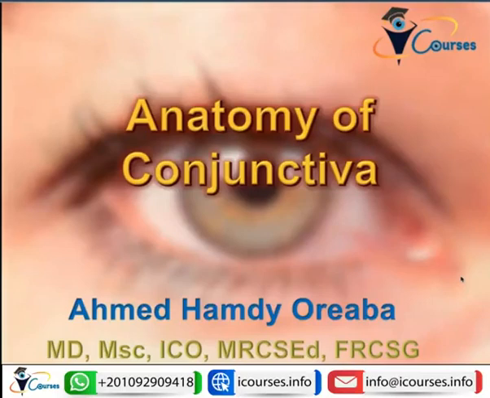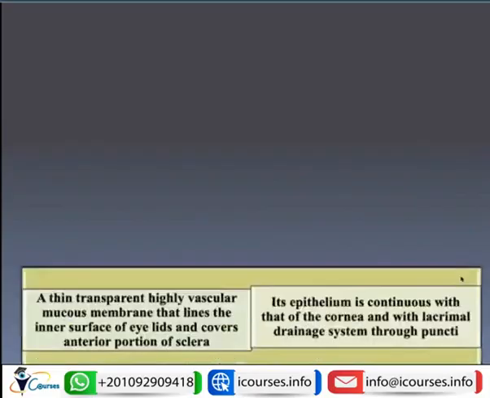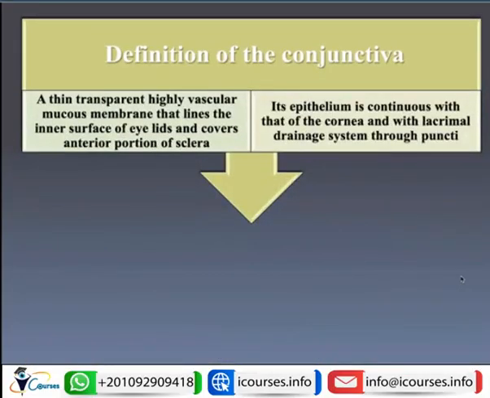Okay, so we will continue the conjunctiva. So let's discuss now the anatomy of the conjunctiva. What is the conjunctiva? The conjunctiva is a thin transparent membrane that encloses or lines the globe, the inner part of the eyelids, and the anterior part of the sclera. It has epithelium that is continuous with the cornea